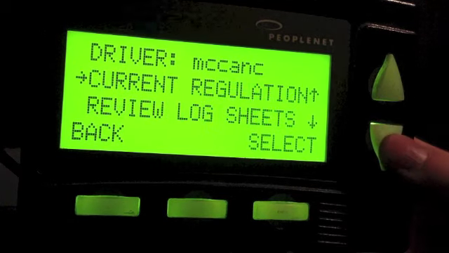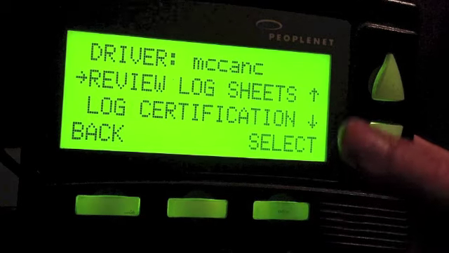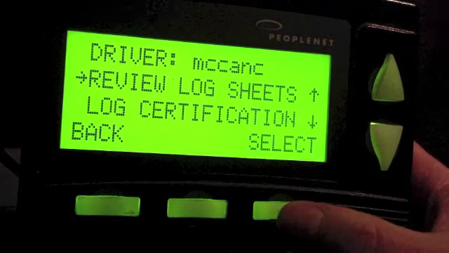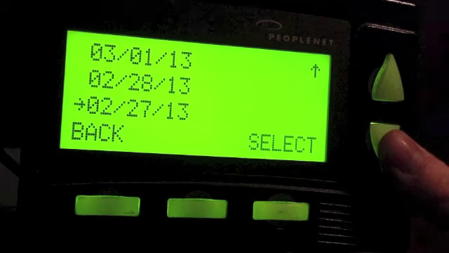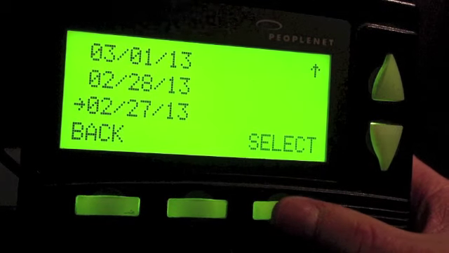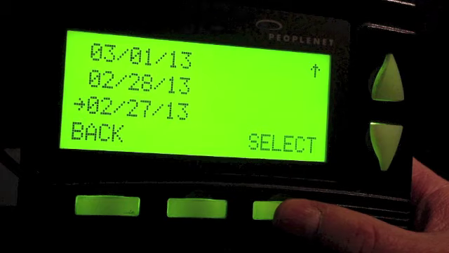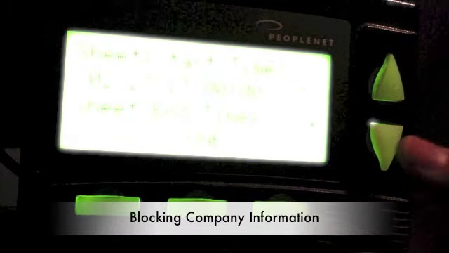I don't even know what that current regulations thing does. I never use it. Review log sheets. This is where you go back in, and if you want to know how many hours you got 8 days ago and how many you worked and how many you're going to get back, you scroll down to 8 days ago, hit select again,